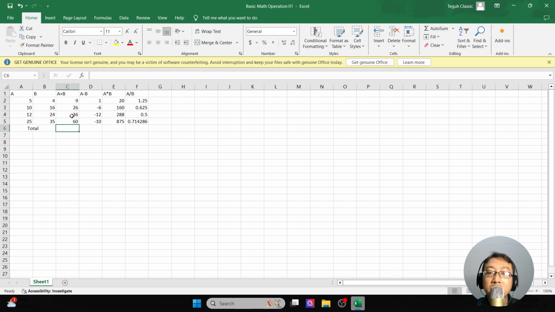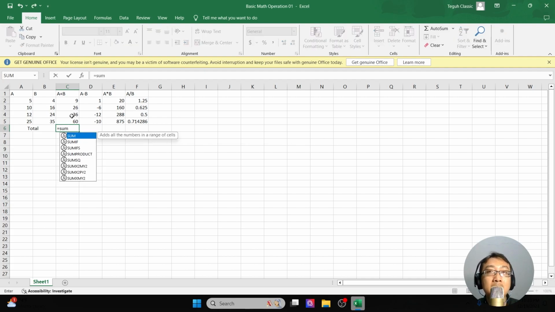Using the formula, we can start with equal, and then you can type sum, which is the total or the summary for this column. You can start with the open bracket, and then as you can see, there is number 1, comma, and then number 2, where number 1 is the start cell we want to add. Okay, it means C2. You can type it or you can click the C2 cell, this one, click, and then continue